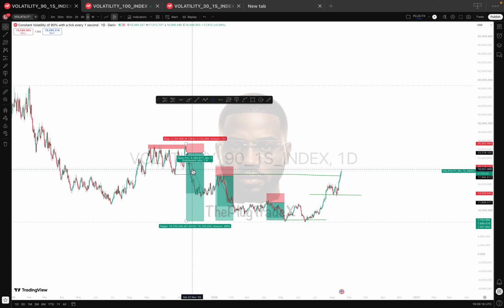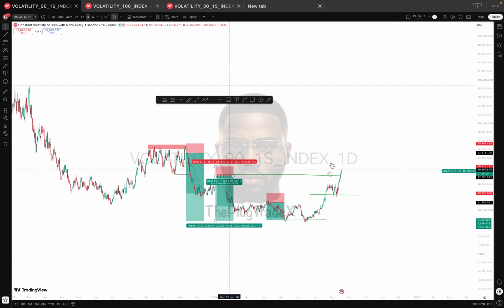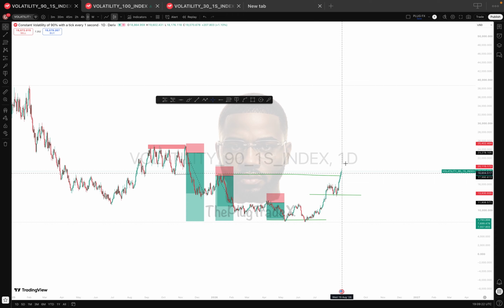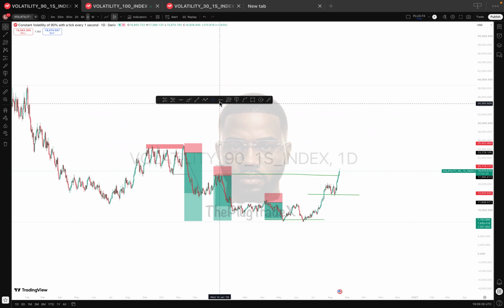But that aside, coming to the market with an open mind, okay, what are things I'm seeing? Of course, I know that there's a demand zone over here. I want the market to take out liquidity and then give me a sell structure. Obviously, I'm expecting a sell structure, but liquidity has to be taken out first.